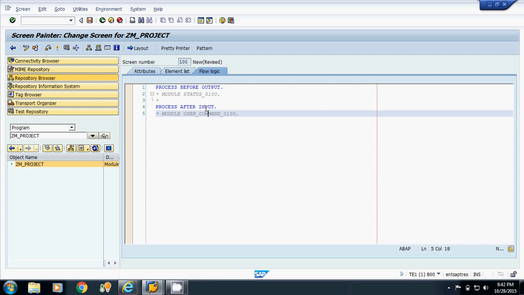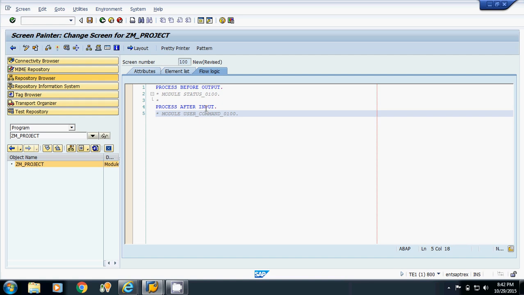Now we have another event, process on help request. Whenever you click on any field and press F1, it gives you the technical information or help for that field. You can provide your own documentation with the help of the process on help request event.